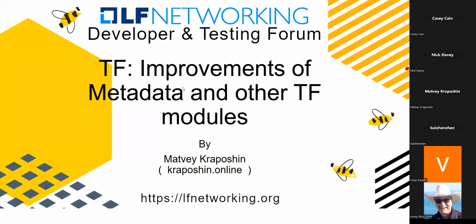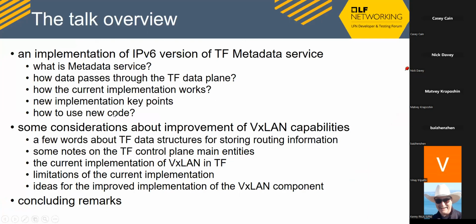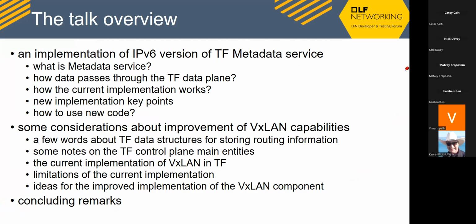Improvements of Tungsten Fabric control plane component. The control plane of Tungsten Fabric is represented by two major modules, the vRouter agent and controller. And today we will talk only about the vRouter agent. The talk is separated into two parts, one about improvement of metadata service, and second about the excellent capabilities of